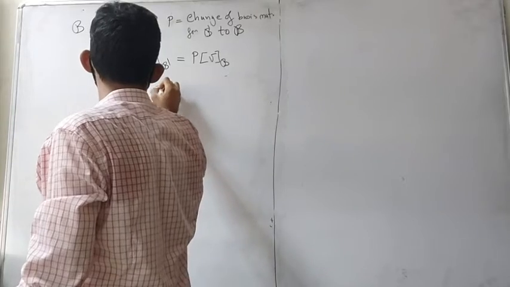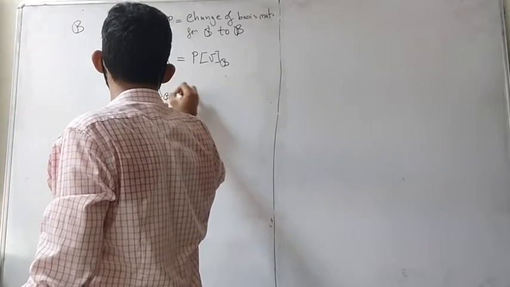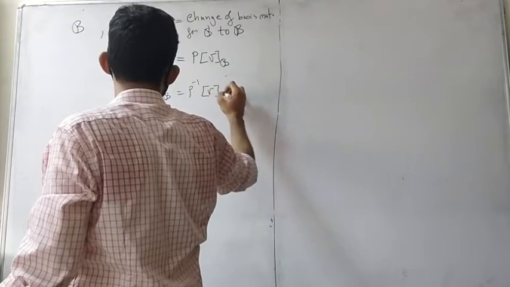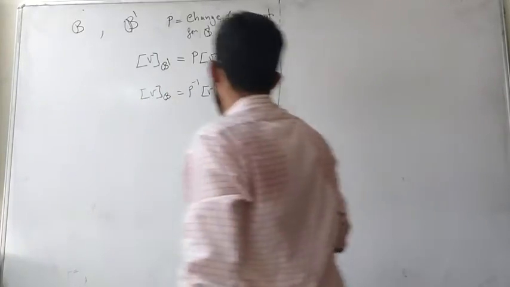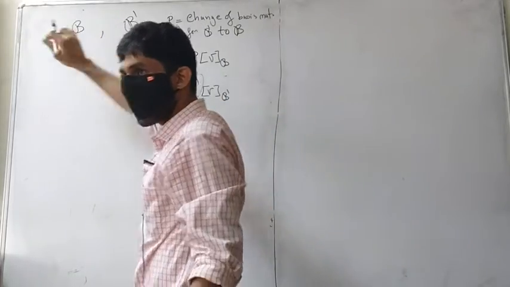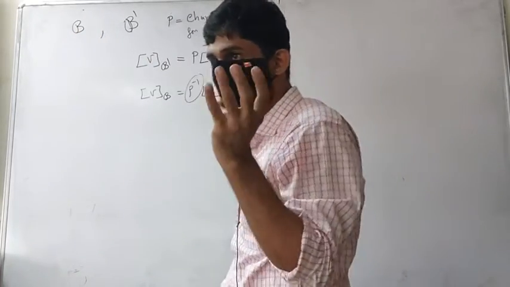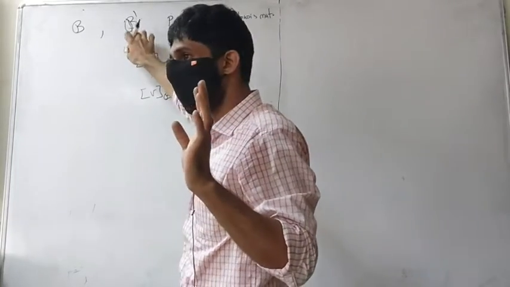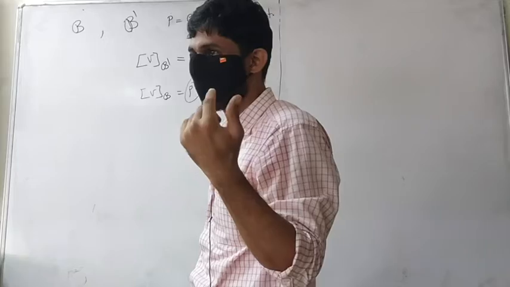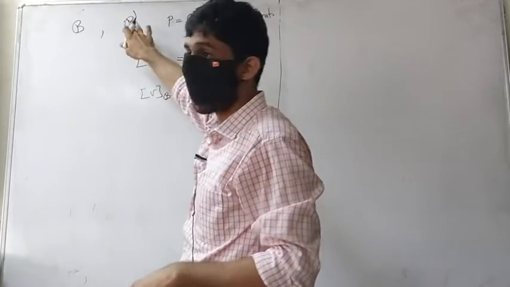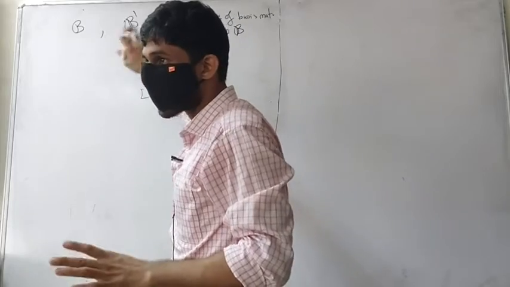We have, that would give me this thing. So my question is how to find this P inverse. So for us, this B is the original basis, which is 1, x, x square up to x raised to n, and this is the falling factorials, 1, x_1, x_2 up to x_n. Okay, that's what I'm looking for.